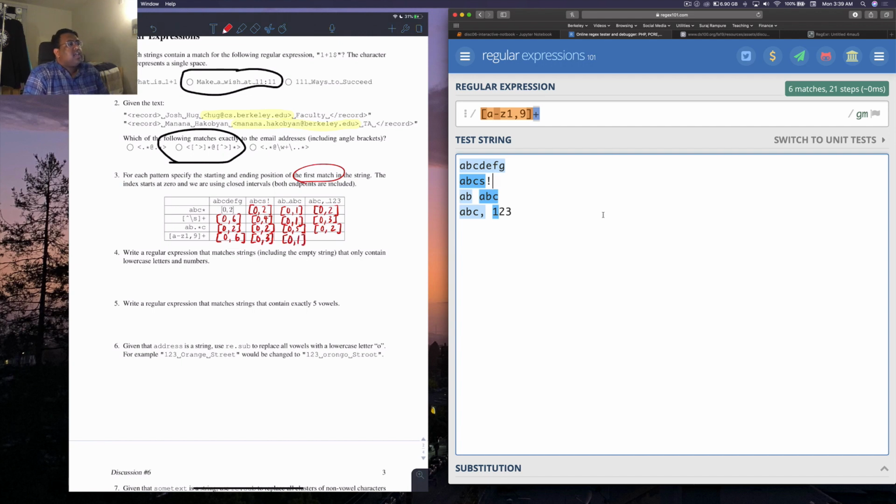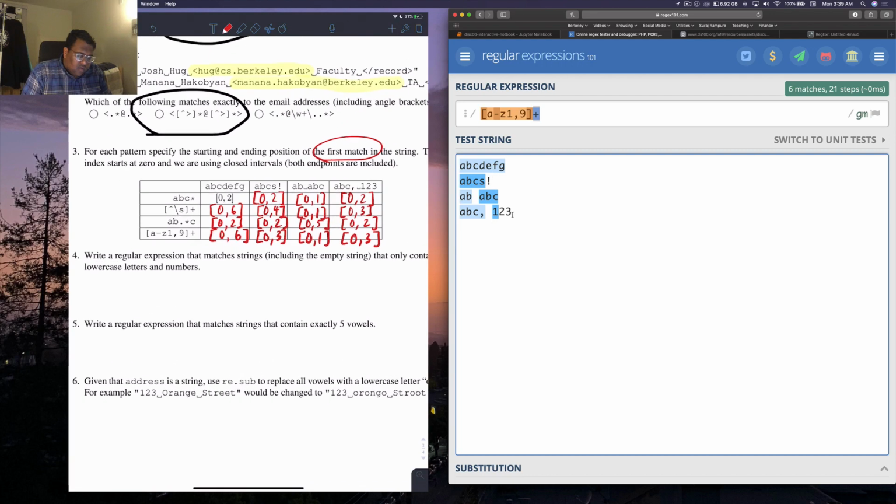And similarly, in the fourth string, this will match the A, the B, the C, and the comma, right? Because the comma is being treated as a literal here, so it'll match up until that point. The second it sees that space, it says, okay, I can't match this anymore. That's the end of my first match. And then it starts looking for other matches after the space. But before the space, I get from position 0 to 0, 1, 2, 3. And so that wraps up